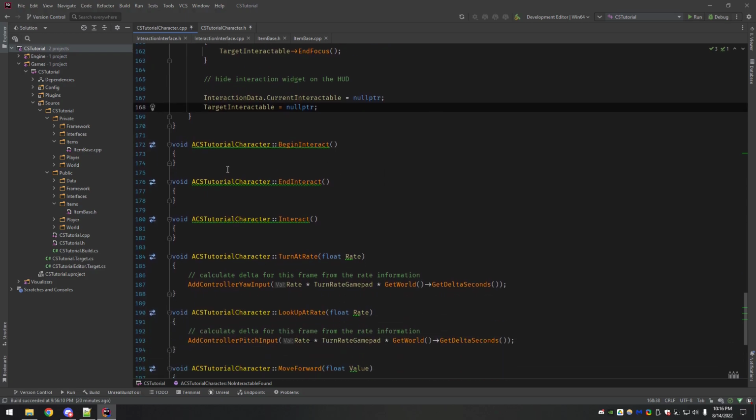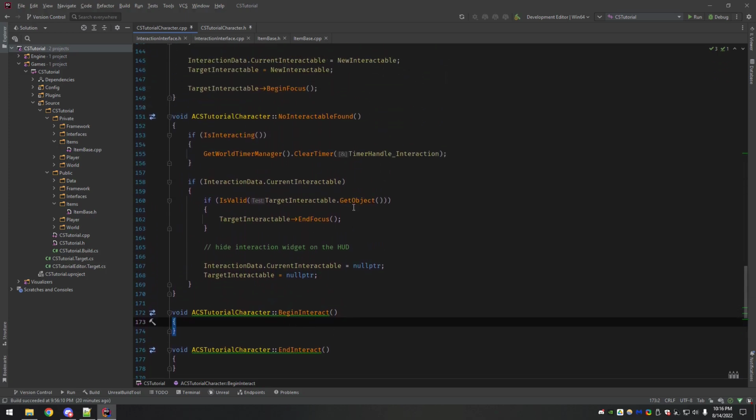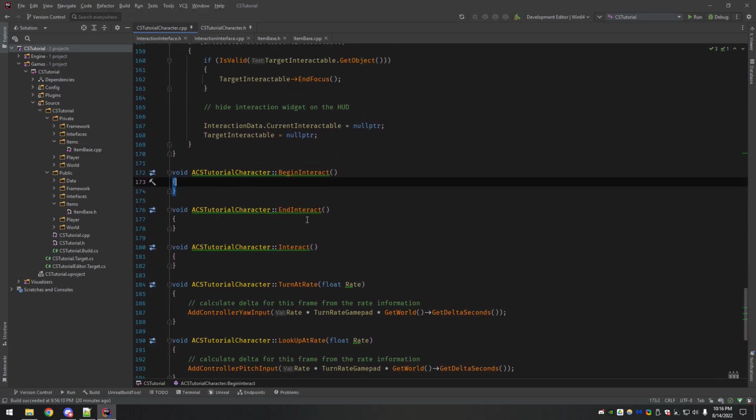So now we have our begin, end, and actual interact. With begin interact, you'll notice that there's no focus, because the character doesn't get focused. The focus happens on the other things. This is kind of how I said that these are almost like the origin of the interactions. The interface is the result of the interactions, what's happening on those other actors. So when the character begins interact,